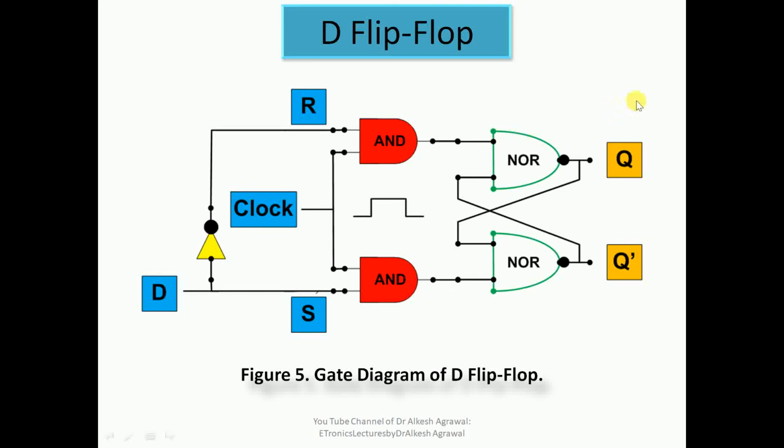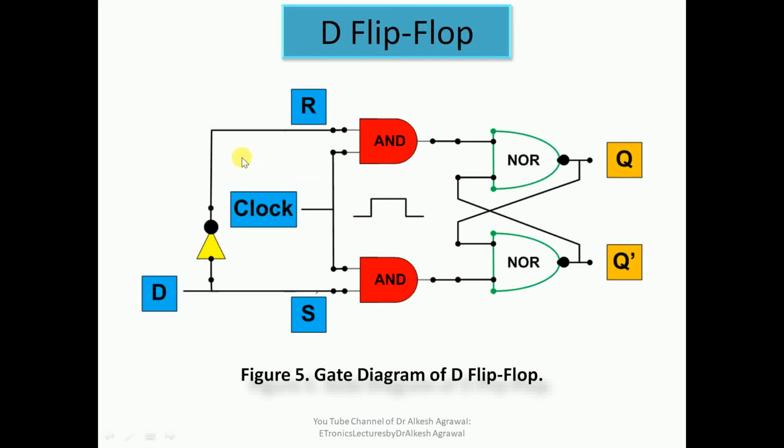So this is the gate diagram, very simple. We have already discussed in detail the gate diagram of the SR flip-flop. Here you have two NOR gates. The output of the lower NOR gate is connected to the input of the upper NOR gate, and the output of the upper NOR gate is connected to the input of the lower NOR gate. We have two AND gates through which the S and R inputs are given with the clock. When the clock is activated, the S and R inputs simultaneously go into the inputs of the NOR gates, and therefore there's a transition in Q and Q bar, which I have already explained in detail in the lecture on the SR flip-flop.